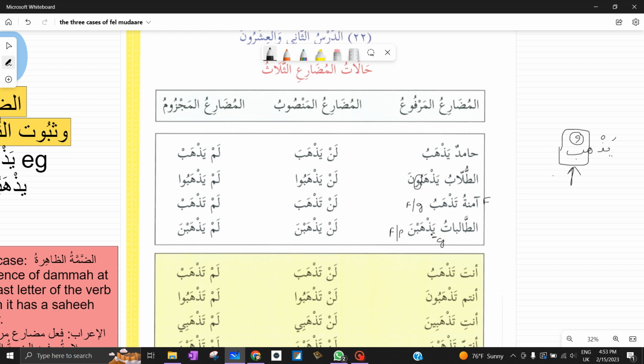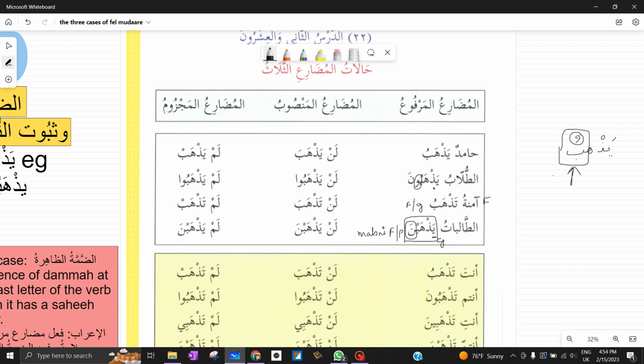And you can see in this ghaib form, the noon with fatha is there. So it remains in marfu case, it doesn't change. This type of fail, feminine plural ghayab and feminine plural mukhatib, does not change. In case of ghayab it is yadhhabna, and in case of mukhatib it will be tadhhabna with the ta. Now, this form does not change, it remains mabni, it does not change. And why it does not change, I will explain it later.